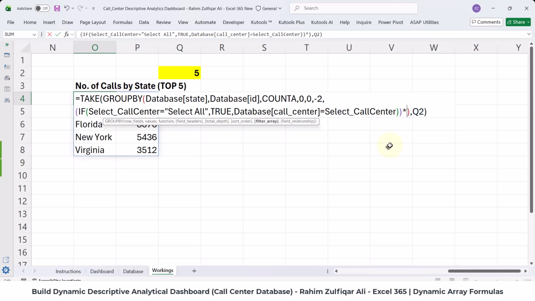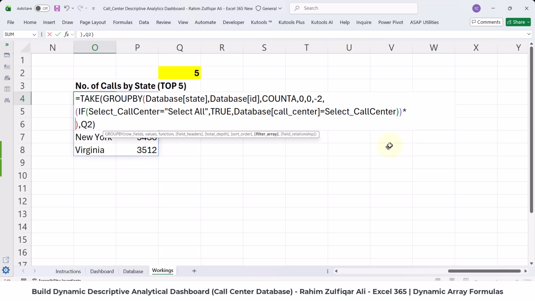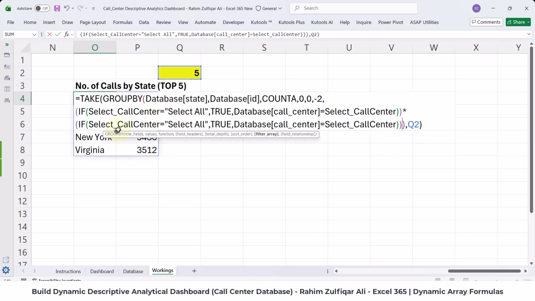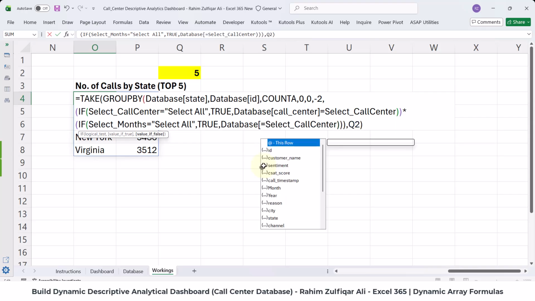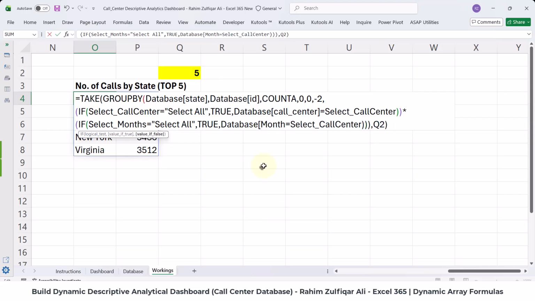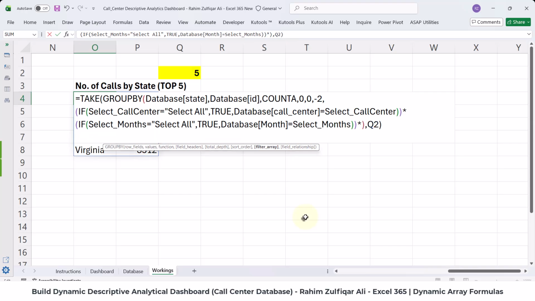It is used for the AND condition, okay? And then I will press Alt Enter, paste it again. Now, instead of the call center cell, I will use the month cell. Again, the minor changes we need to do: in the database table, we have to select the month column, and the cell name is select underscore months. Again, after two close brackets, put the static sign, paste it,